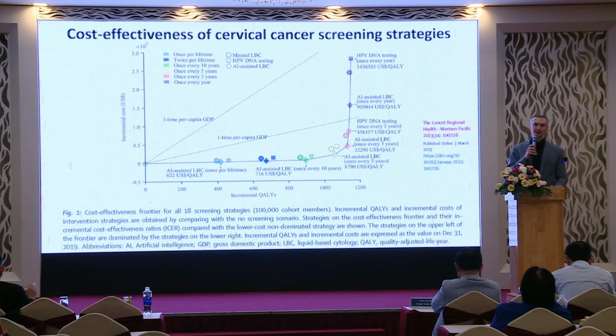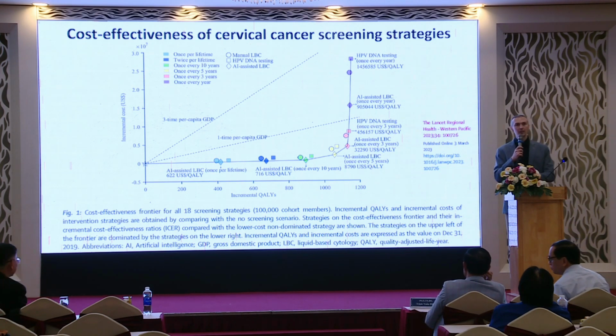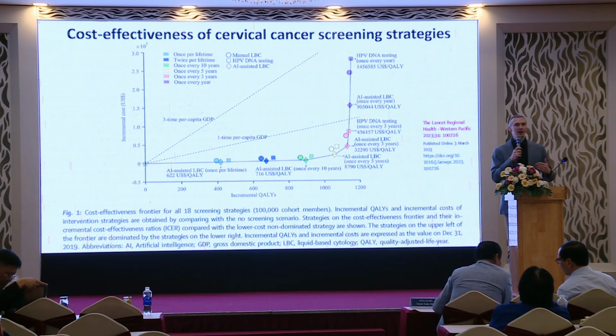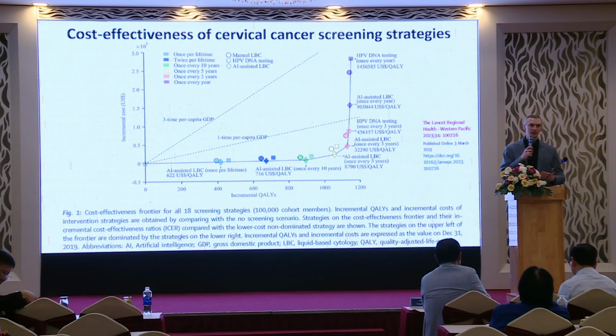But the baseline here is, as I mentioned several times, Japan, or let's say here, just one laboratory. I don't think it will bring much efficiency if you do this just in your own lab. I think what China is doing right now is a program on the provincial level. Then you have 10, 20,000 cases every day coming through the lab, and then it's efficient from the economic point of view. If you do it in one lab, it is good to highlight your lab. But if your lab has a lot of cases, maybe a network of laboratories, then it's going to work. And then you can upscale to the provincial and national level.